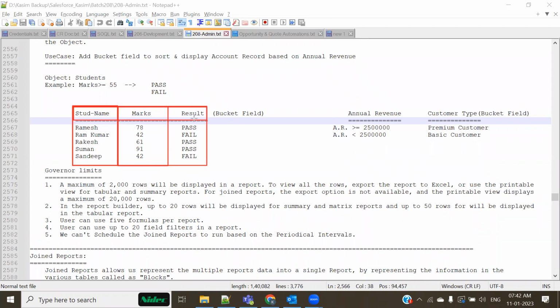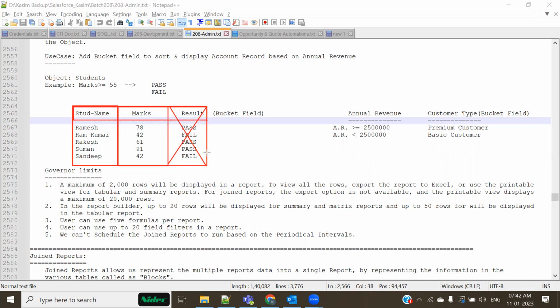But there is no such field called result inside the object student. If there is no such field, I obviously cannot bring it over here, because every column you are trying to add into a report must be a field.